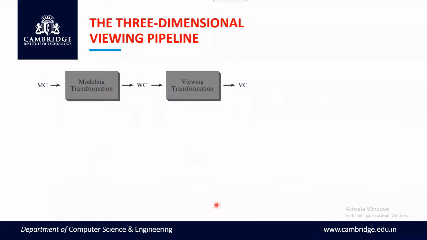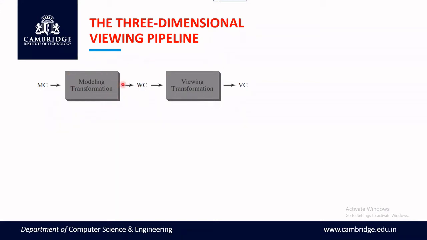So what is our three-dimensional viewing pipeline? We first define the object in the model coordinates. We have already seen this. Suppose we are drawing the picture of a classroom, then we individually draw the student bench, the blackboard, the table, podium, etc. Next, we put them into the world coordinates. We combine everything into a scene. Where do we place the blackboard? Where do we place the podium? Where do we place the student benches? All those together form the modeling transformation.